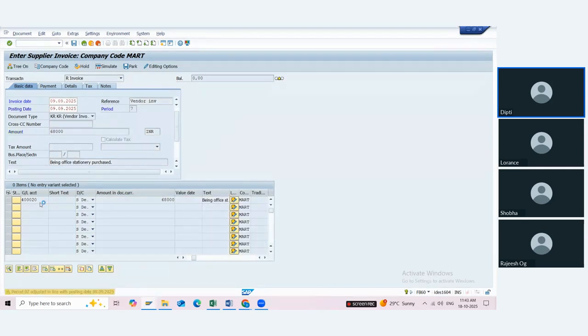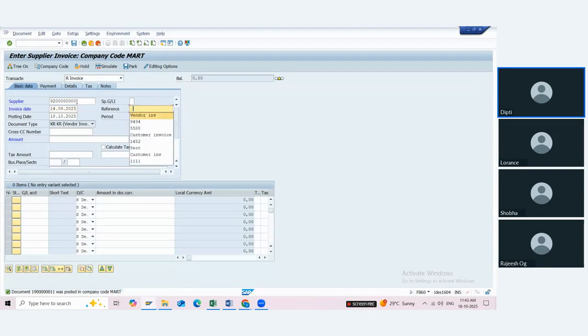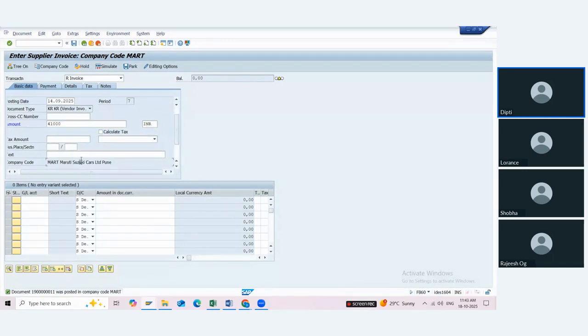Save it. Third. So I am creating 3 invoices for the same vendor.